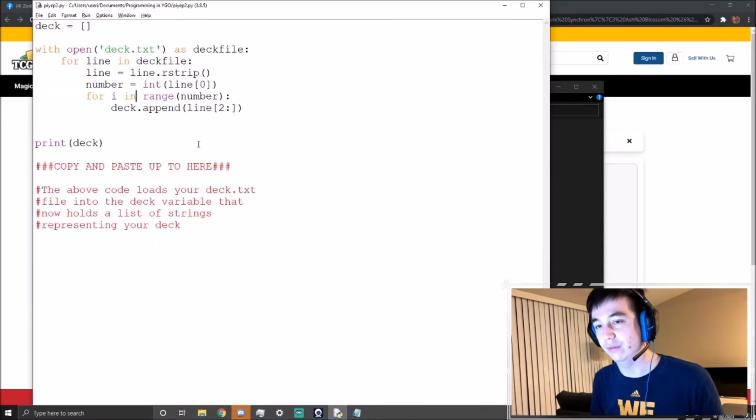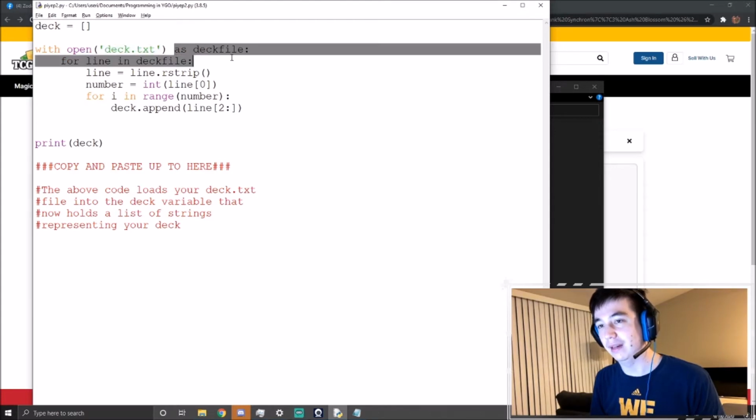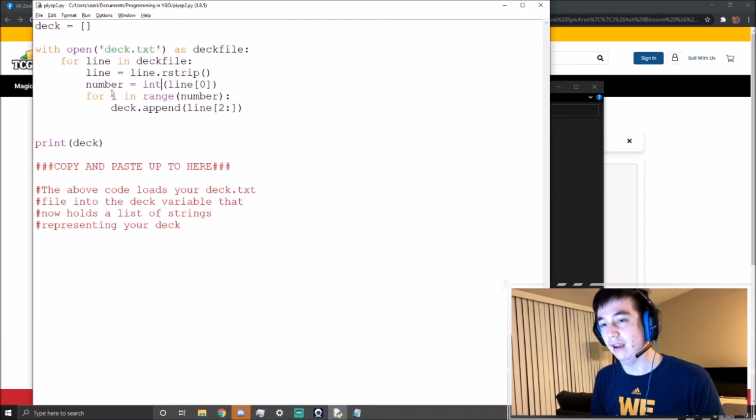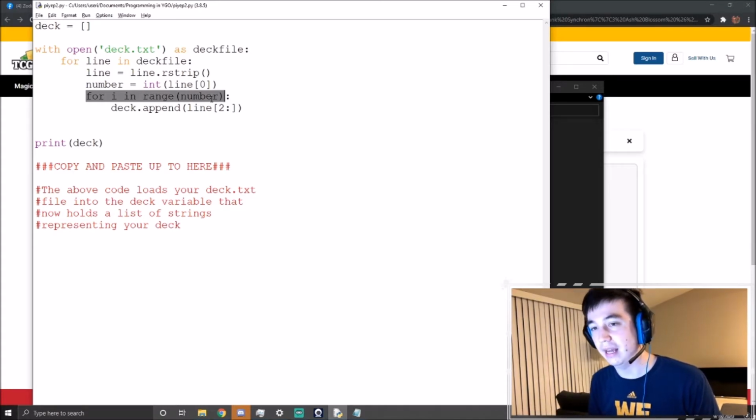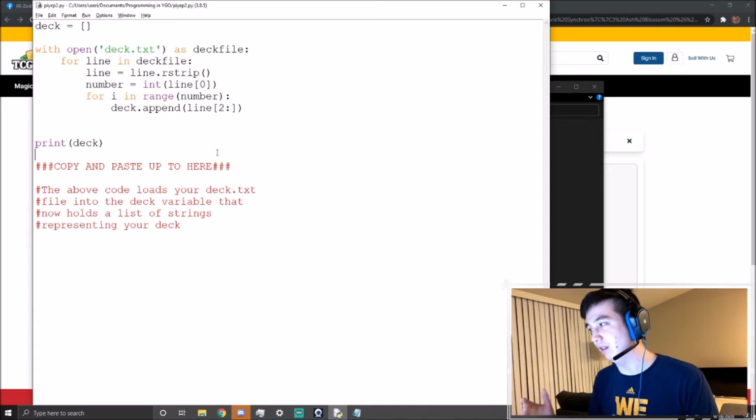This is a little bit more advanced programming. You don't need this print deck part, so I'll probably delete that. That won't be in the final code below, but I just want to show you what this does. Basically, we opened the deck.txt as a file, and we read the file and broke it down, and for each, like if there were three Ash Blossoms in that list, we added 3 Ash Blossoms to the deck. But this is a little bit complicated and maybe beyond a beginner program's knowledge, so I just want to